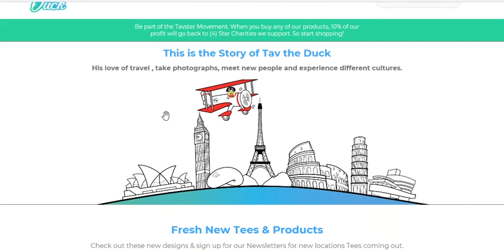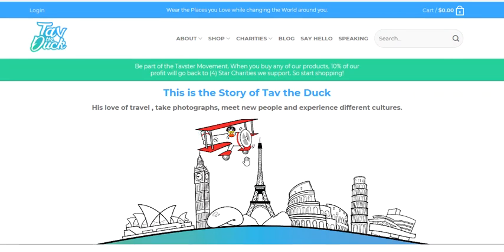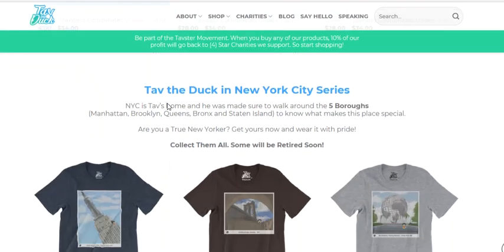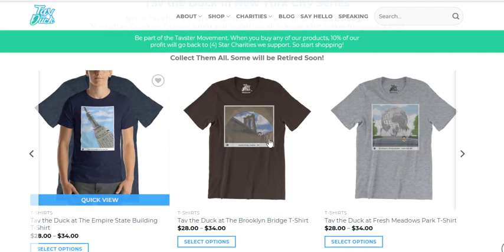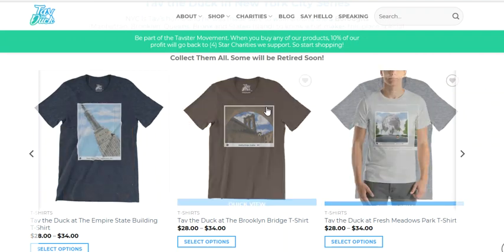So, in conjunction with that, this picture, this image, if this is about Tav the Duck, he's a couple pixels high. You can barely see him. You don't really understand what his story is, what his mission is. I know to look for the duck, but it's almost not